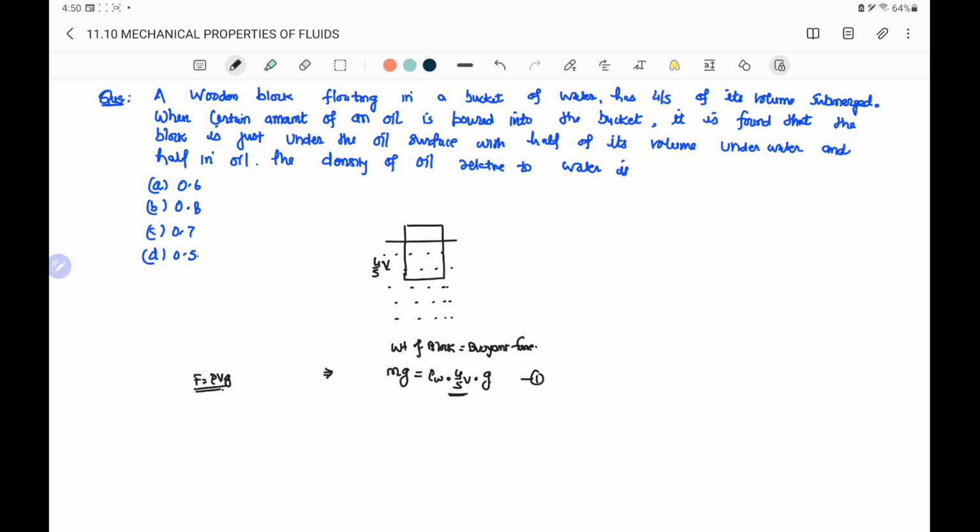When a certain amount of oil is poured into the bucket, it is found that the block is just under the oil surface with half of its volume under the water and half in oil. The density of the oil relative to water is? So in this problem, now oil is poured into the bucket. So oil is above the water,